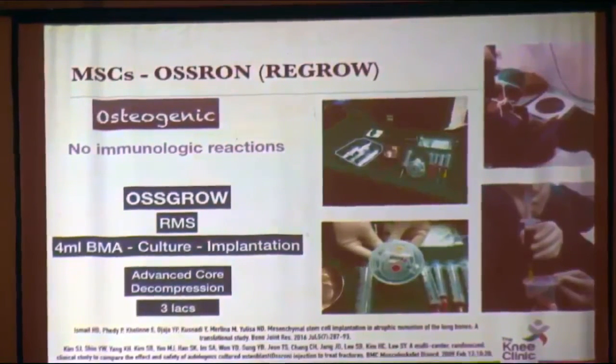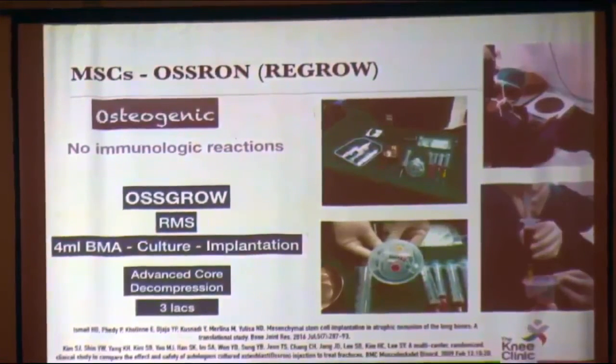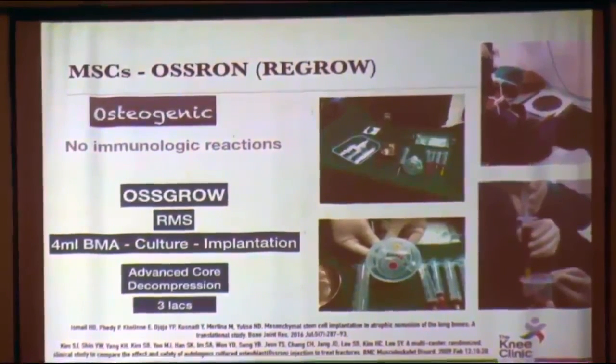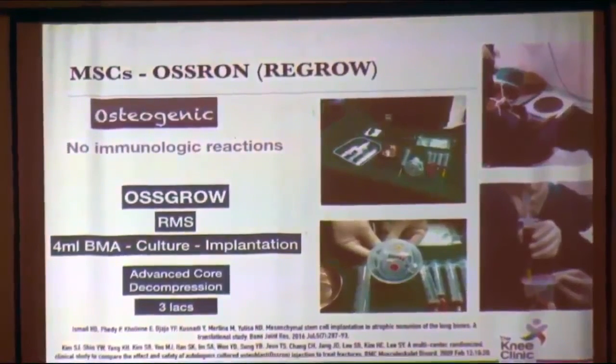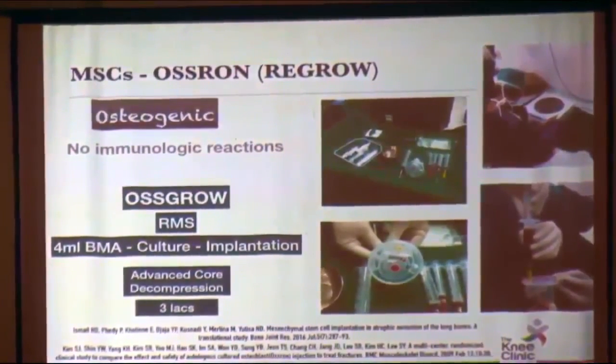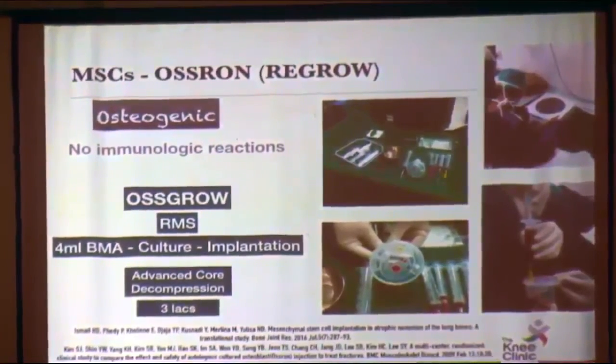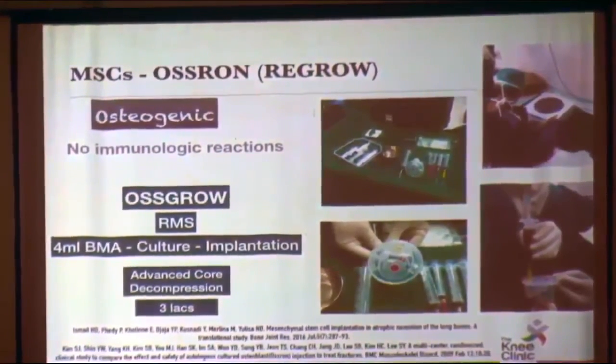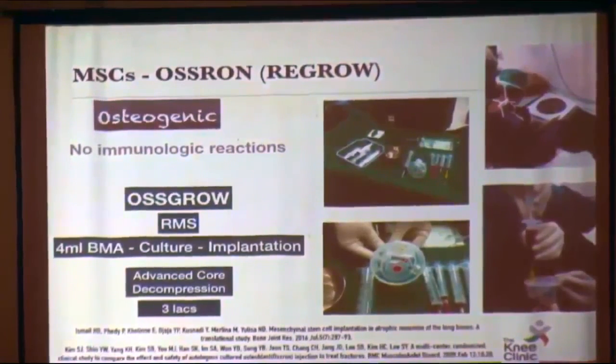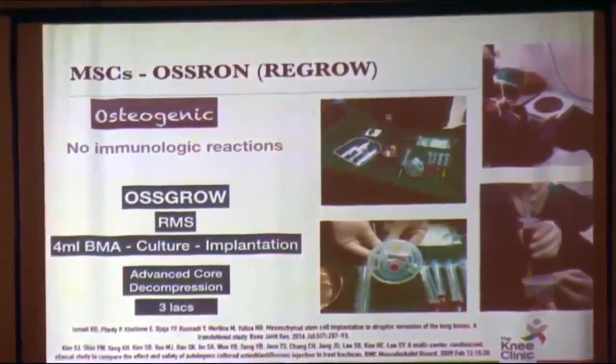When we used to do BMAC, we used to take around 50-60 ml from the iliac crest and then put it in a centrifuge and then use it. But that used to be used in arthroscopy as a cartilage scaffold kind of a thing. Now here we have just 4 ml of bone marrow aspirate. We send it to the company. Company is, I think, based out of Lonavala. And over there, they grow lots of mesenchymal stem cells and they send it back to you and then you implant it. What it has been theoretically used for and what has been reported in papers is something called advanced core decompression. So you do the core decompression, you put the MSCs in.